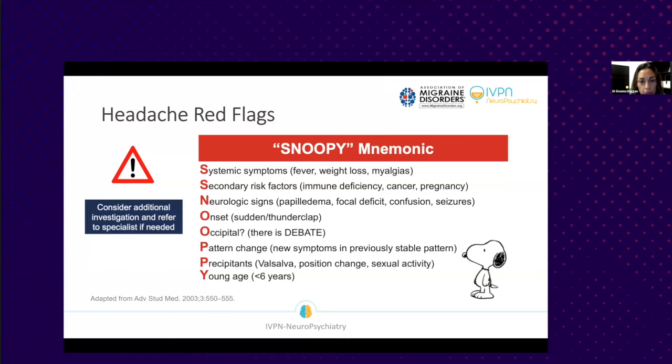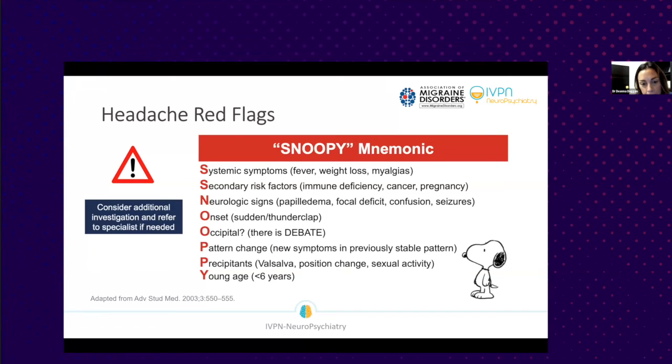Neurologic signs that are abnormal, papilledema, onset of the headache, if it's sudden, occipital in location. There's a debate on this, specifically with regard to if the pain is only occipital, if it's isolated to the occipital area, especially in the pediatric population, we typically want to address the possibility of a cervicogenic headache, or was there a history of injury, because that location of the pain in and of itself isn't entirely associated with migraine. You can, like I said earlier, have a combination of 2 or 3 headache types, but we would really want to do more thorough evaluation.